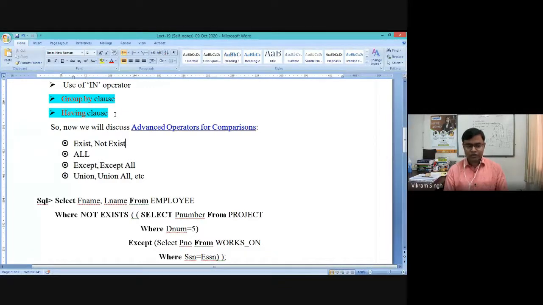Whenever you need to use a having clause in a query, you need to use aggregate functions in it. It is very commonly required when a query has all those clauses: from, where, then group by, then having.